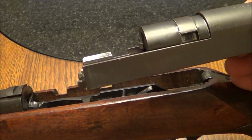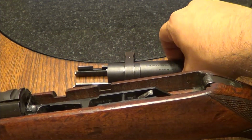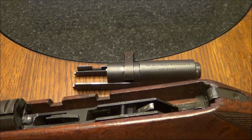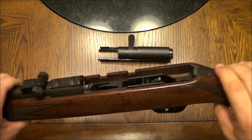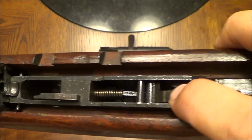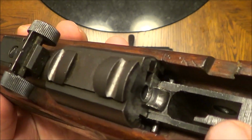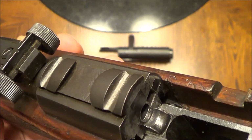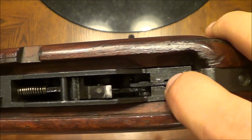See those two little locking lugs on the front there? You just kind of scoop this out. Set this off to the side. Now let's go back to the overhead view. Now we're back at the overhead view. You can see your hammer is right here. Hammer strut and spring. There's your chamber and feed ramp, your ejector, and this little bit right here,